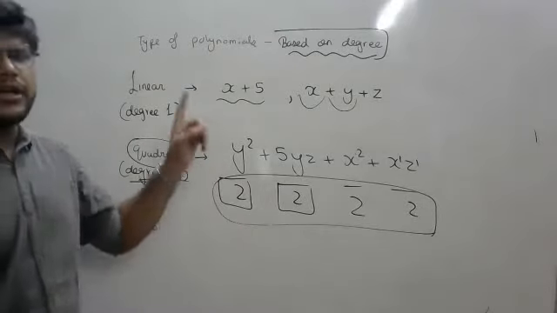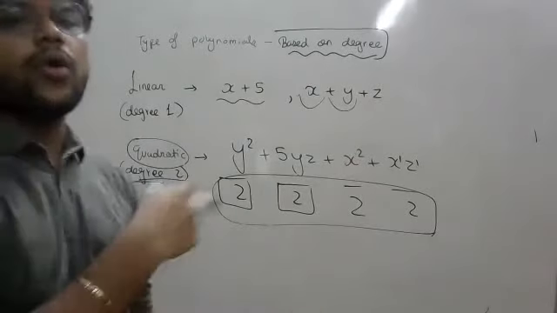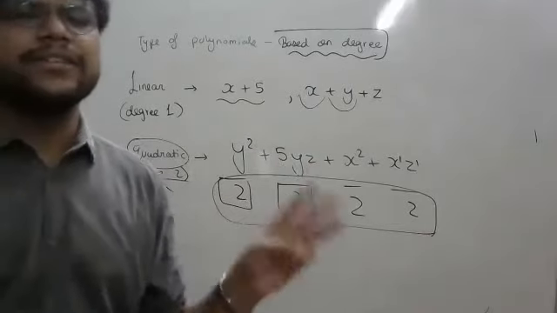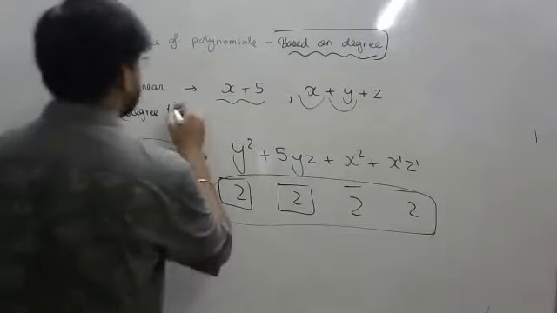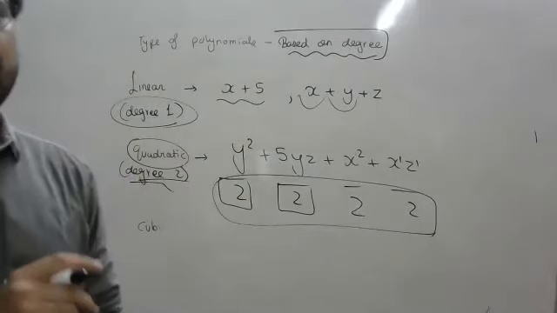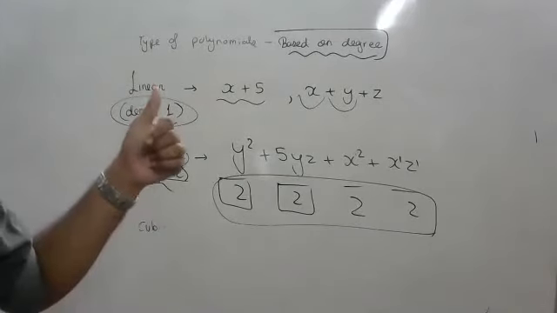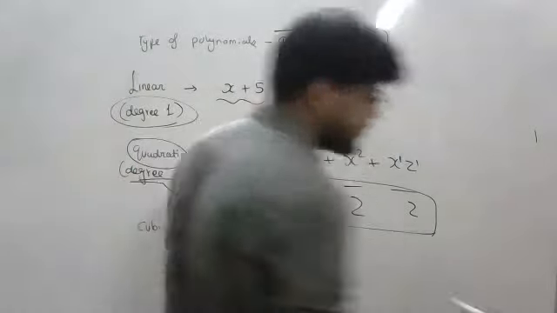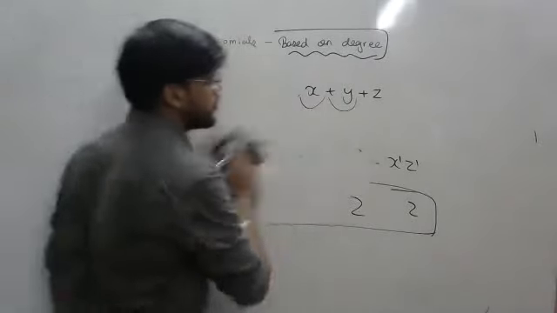If it is 1, we call it linear. If it is 3, we call it cubic. If it is 4, we call it quadric. But it is not in our syllabus, so we won't be discussing it. So we will be having 3 things: linear, quadratic, cubic. Linear means the highest power of variables in a given expression is 1. Here it will be quadratic, and cubic. We'll be discussing again. Now I'll be giving you a few questions. You need to find out which type of polynomial it is.